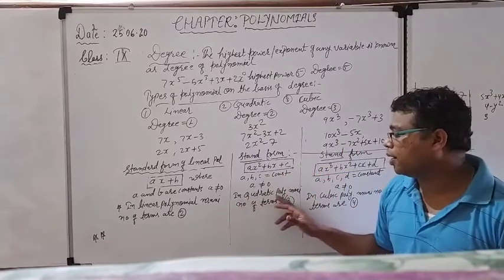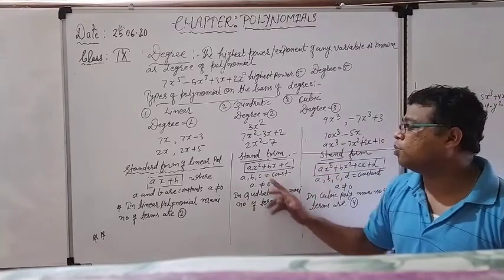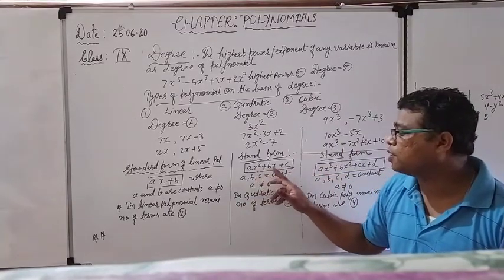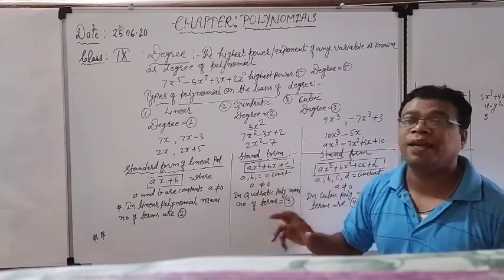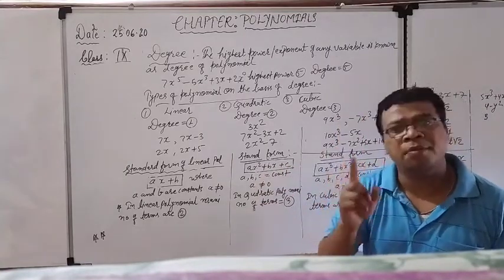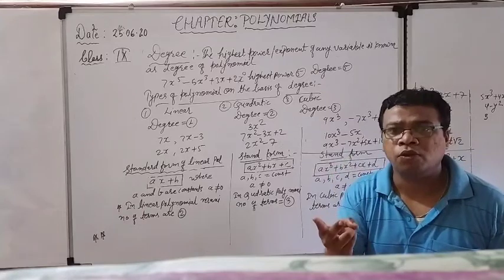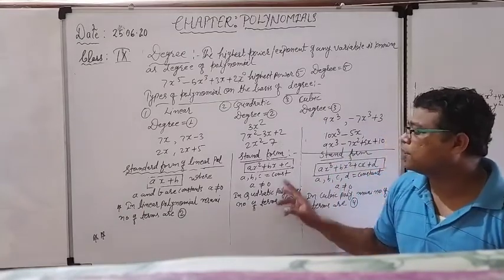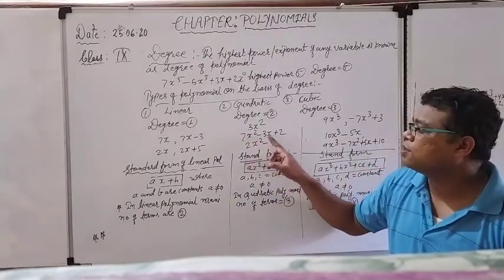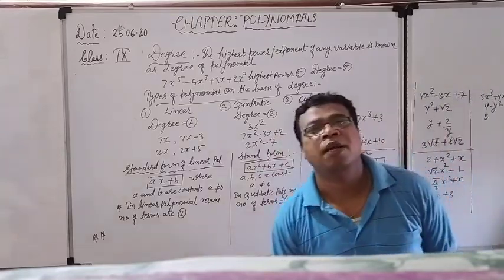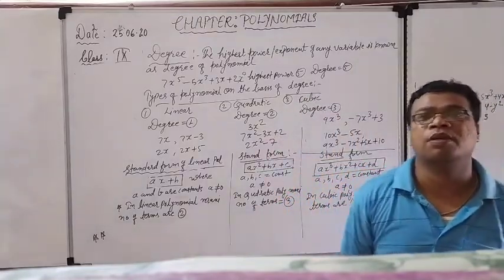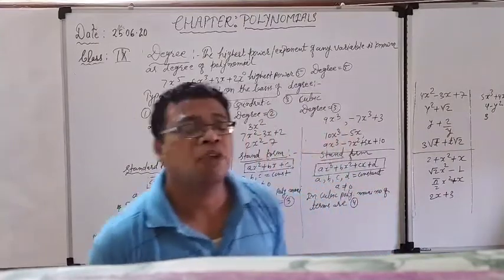Right now see, in the quadratic polynomial, the maximum number of terms will be 3. You can see ax square plus bx plus c. So maximum I can take 3 terms. Minimum I can take 1 also, 2 also, but the maximum number of terms will always be 3. You can see the example here, 7x square minus 3x plus 2. According to that we can understand the maximum number of terms could be 3.